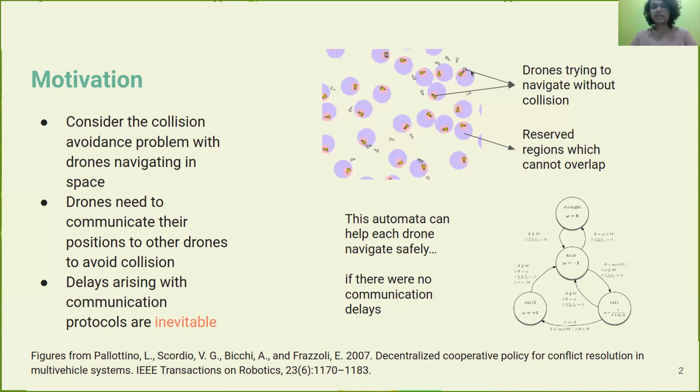Now, if you look at this image here, these tiny triangles represent the drones, and the blue region around them is what we don't want intersecting with each other. Now, in order to avoid collisions, the drones need to communicate their positions, velocities, and the direction in which they're headed in with each other at all times, so that the drones can coordinate with each other